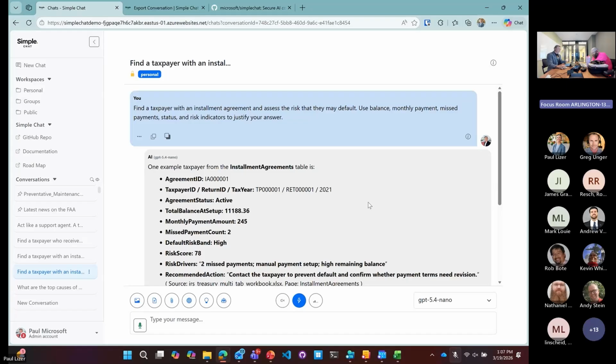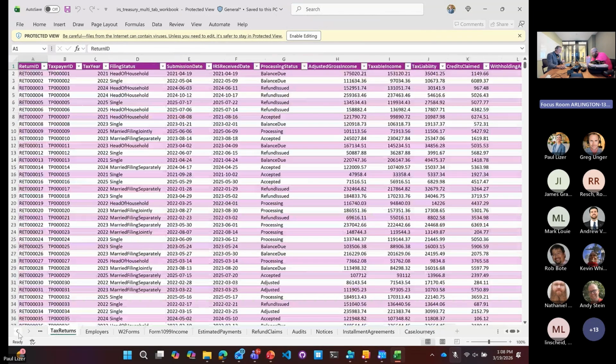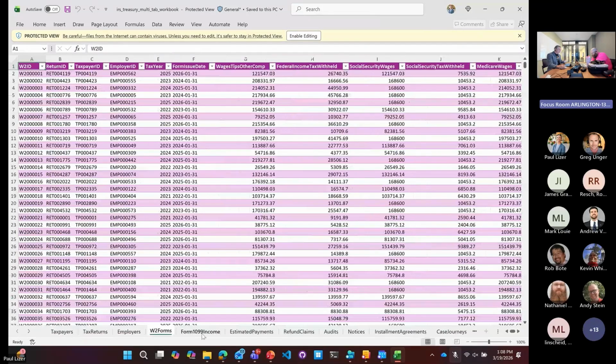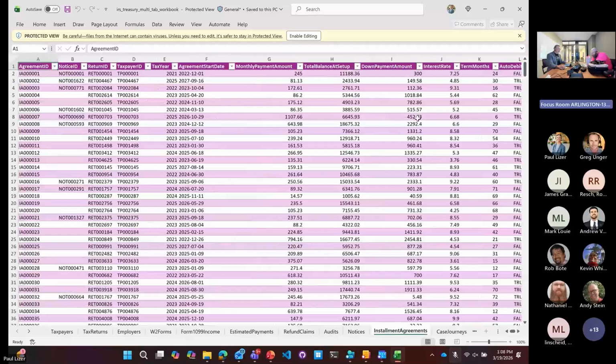So I'm just showing right here, this is one analysis of this Excel file, and this is a simulated treasury file of tax returns, taxpayers, employers, W-2s, estimated payments, audits, notices, installment, a whole bunch of information.